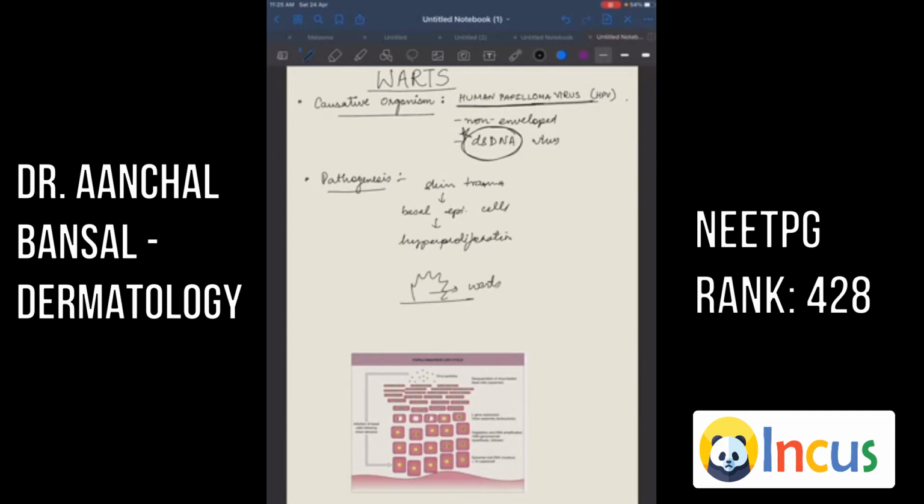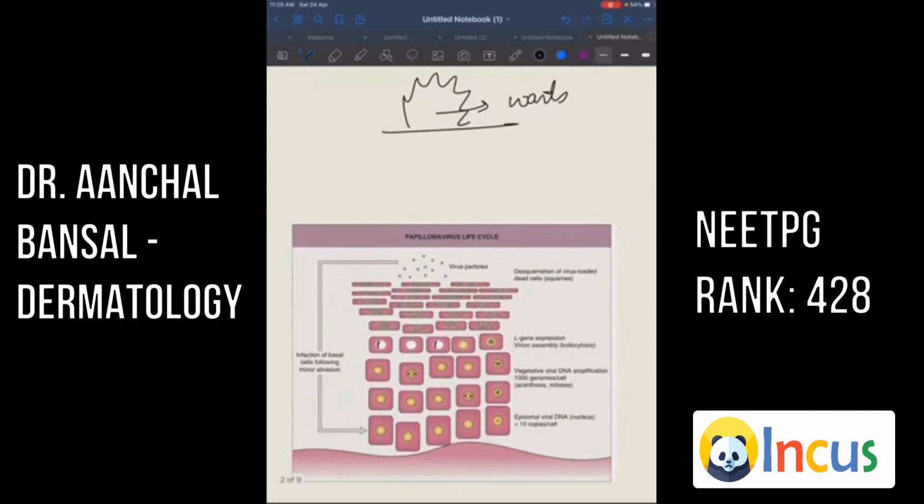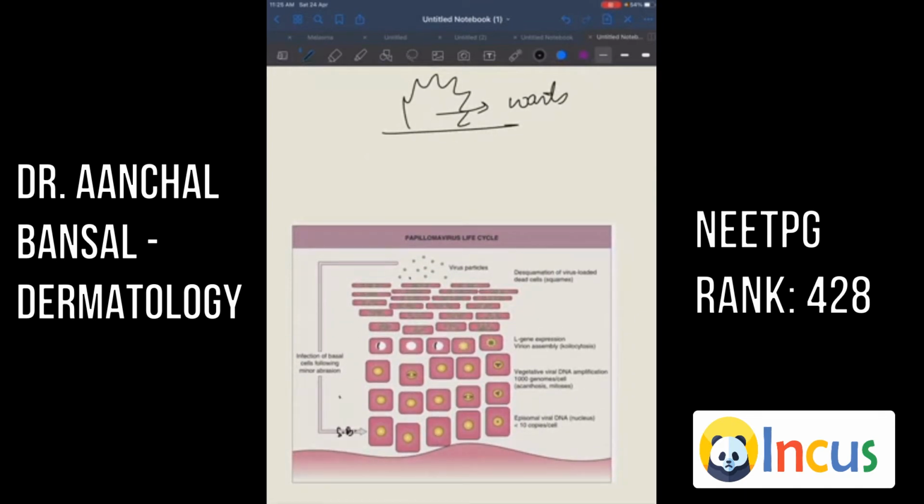As we can see in this picture, this is stratum basale, stratum spinosum, stratum granulosum and stratum corneum. Normally the basal cell layer is not accessible to the virus due to all these overlying differentiated cell layers. The virus enters through the stratum corneum,